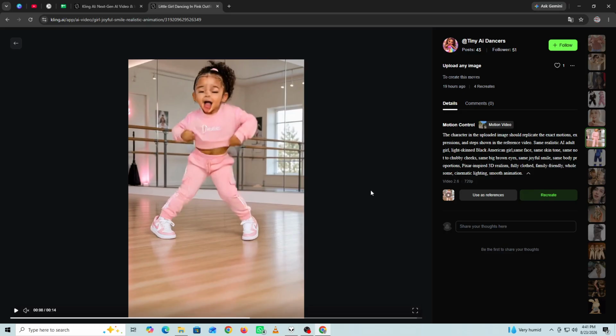If something looks unnatural, don't change the entire prompt. Identify the specific issue and adjust that part before generating another version. For better results, avoid asking the person to perform too many complicated actions at once. Simple